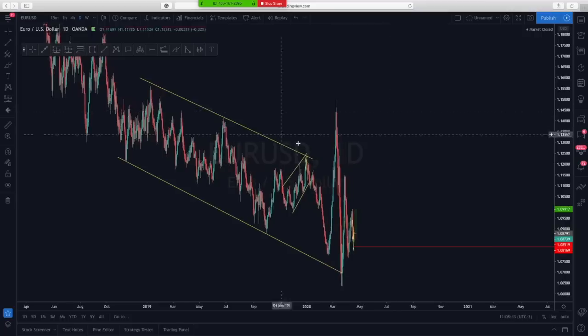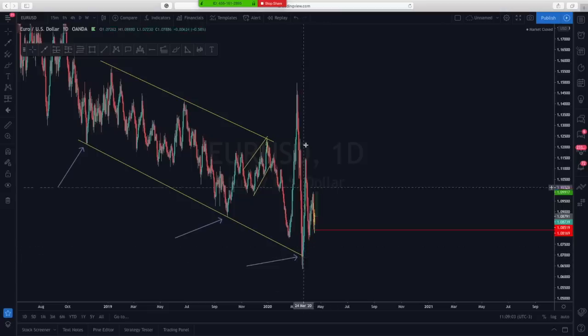There we go. Okay, so as you can see, I've got my beautiful descending structure here. And one thing that I like about this is that even a few months ago, it played out the way that we had anticipated. You can see my first touch is here, second touch is obviously here, and now being the third touch, it's right here. Came down super massively, bounced on it, and then now it went to the upside. Came down low, higher low, and now it's going all the way to the upside.